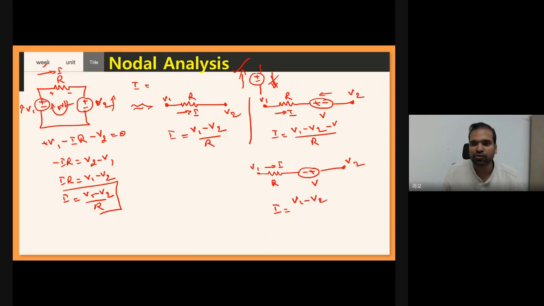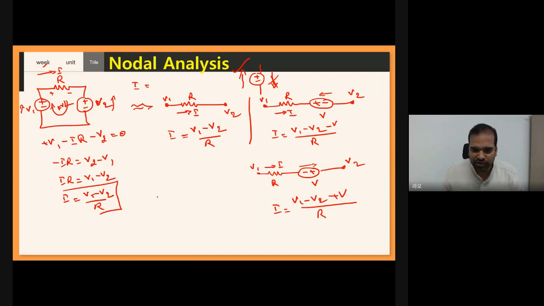Now you have another voltage source. Can we write plus V or minus V? See, your assumed current direction is minus to plus. Whereas for this voltage source V, the current goes minus to plus, so it is going in the same direction. So if the current directions are the same, you will write plus V by R. I hope you understand how to write I for the given circuit or the given branch.